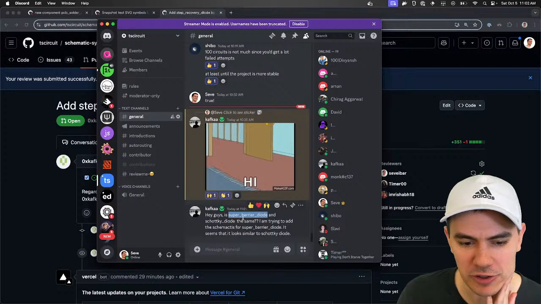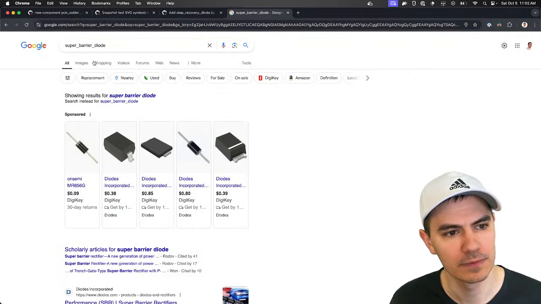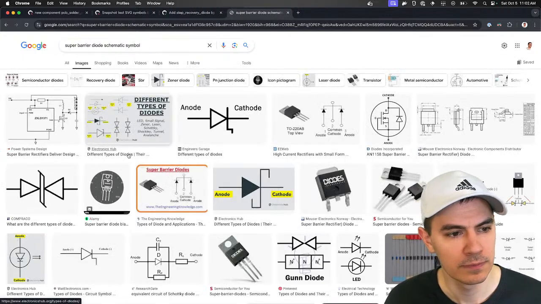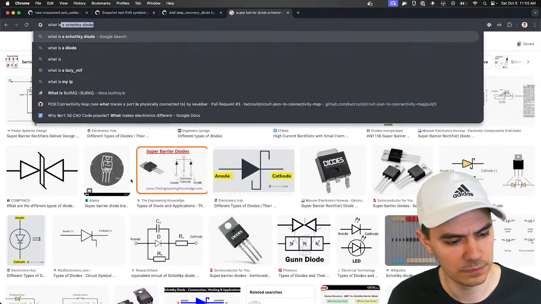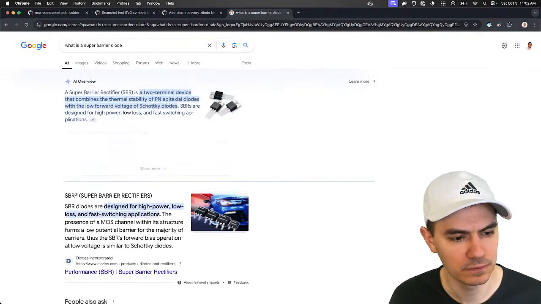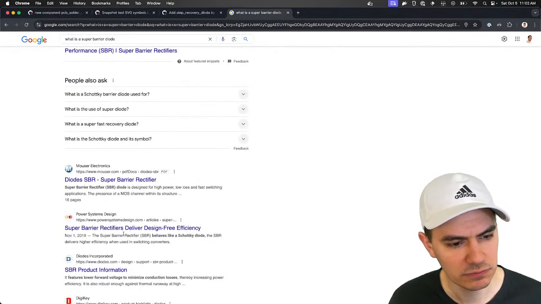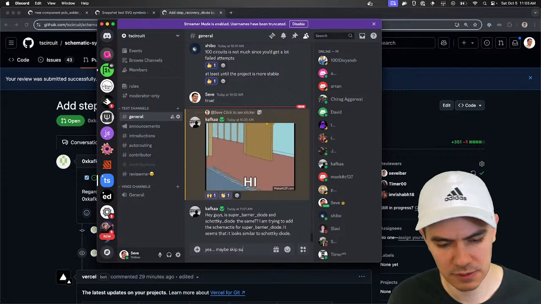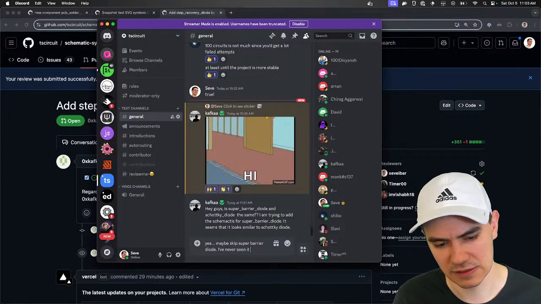Hey guys, is super barrier diode and Schottky diode the same? What is a super barrier diode? SBR, super barrier, high power, low switching. Yeah, maybe skip it. Super barrier diode. I've never seen it.